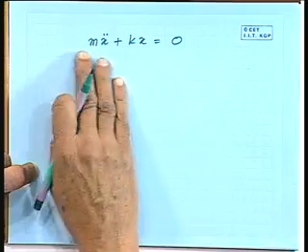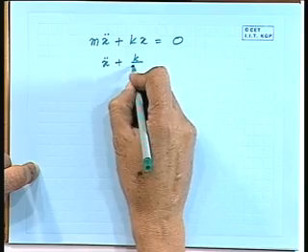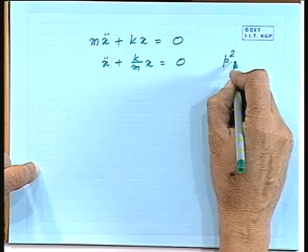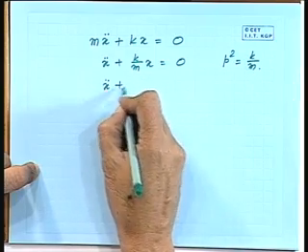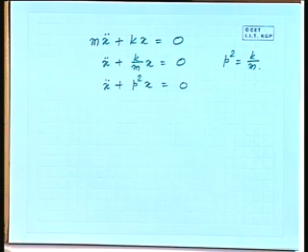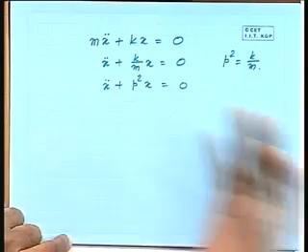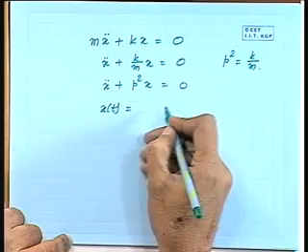Now, what we will do, divide all through by m and rewrite this equation, and we substitute this value for k by m. So, if you substitute this, we get the solution here. Now, solution of this, if you open the book, you will find that x of t is equal to